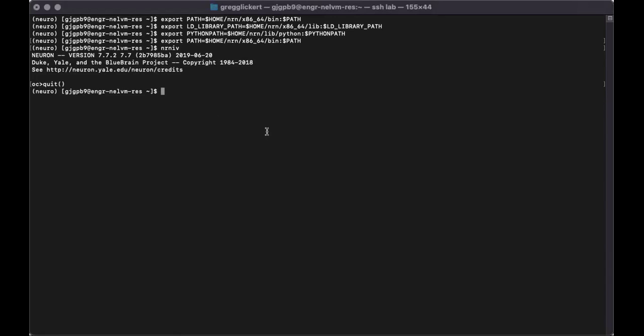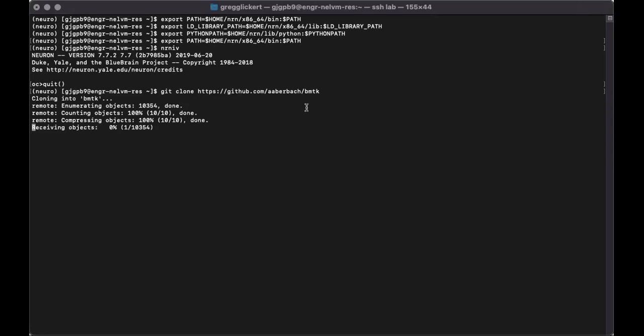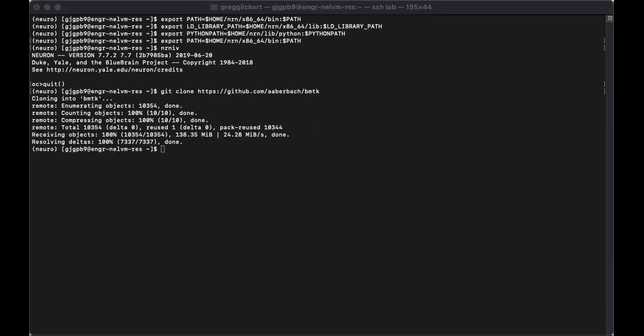This is BMTK, but it's a different version of BMTK that Ben and Aiden, another student in the lab who worked with Ben on this L5 model, developed. They have developed their own version of BMTK that this model works with, and no other version actually works with. So we're going to install that, but you just clone the repo, and then